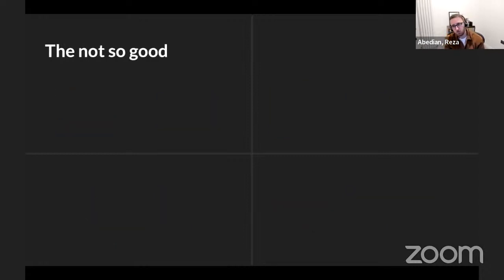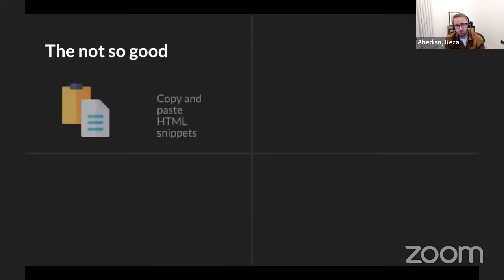So what was not so good about this approach? Once developers had copied and pasted that HTML from the website into their application, they'd essentially disconnected themselves from the core design system team. That meant we couldn't push new enhancements, we couldn't change the look and feel and behavior of these elements, and they wouldn't benefit from any upstream bug fixes that our team had done.